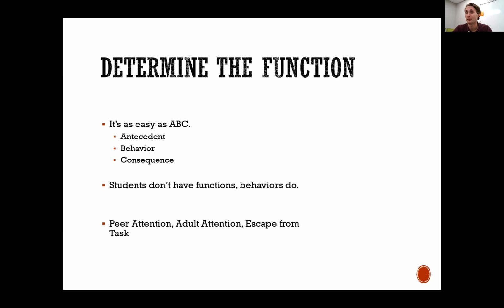Step 2, determine the function of the behavior. So function is a word that we use, which essentially means what is the purpose of this child's behavior. So if we go back to Kyle as an example, let's say that the behaviors that we group together that we think are really related and are really part of one behavior are cursing at his friends, punching his friends, and messing with his friends' stuff. I would say that the function of those behaviors is peer attention, because when Kyle punches his friends, they yell at him, meaning the thing that happens right after he punches them is peer attention. It might be negative, but it's still attention.